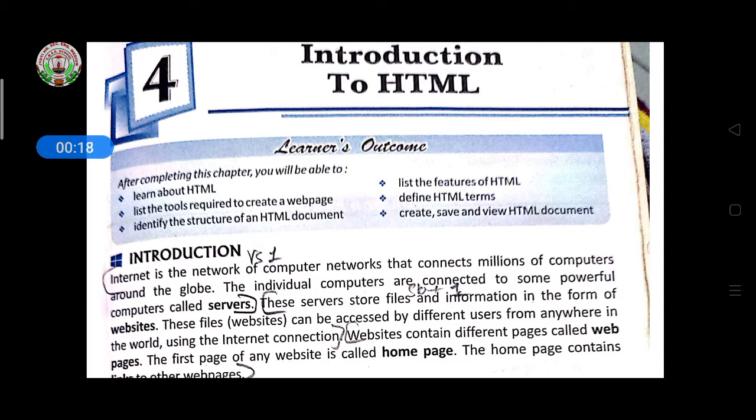Web pages, you are knowing, you are accessing a website, means different websites you are knowing, suppose online shopping, if you are going for Amazon, Flipkart, Snapdeal, Myntra. These are the different websites. If you open that website, first of all the home page will come, then multiple pages are linked with the home page. These pages are known as web pages.